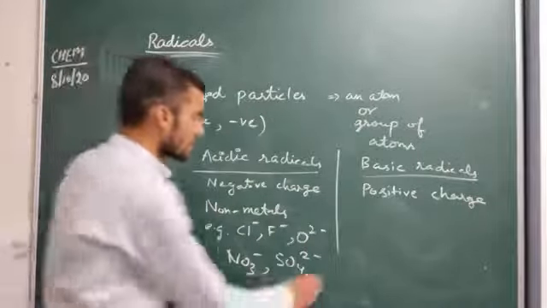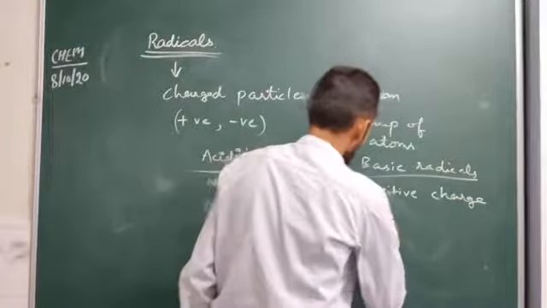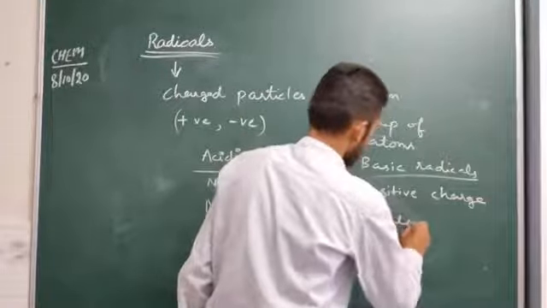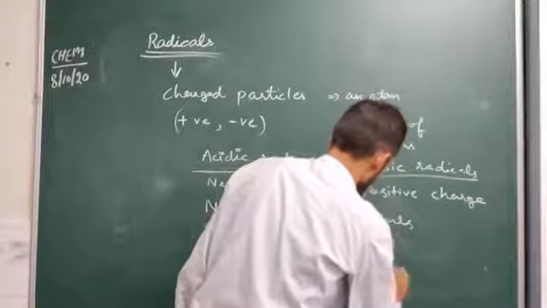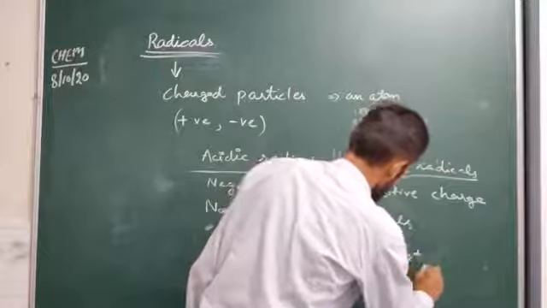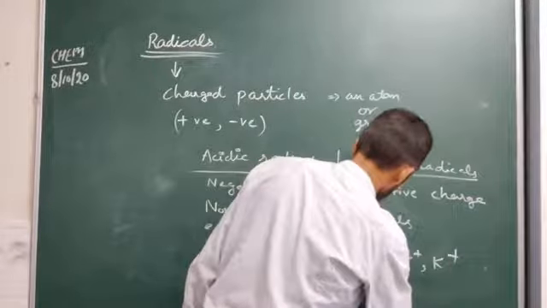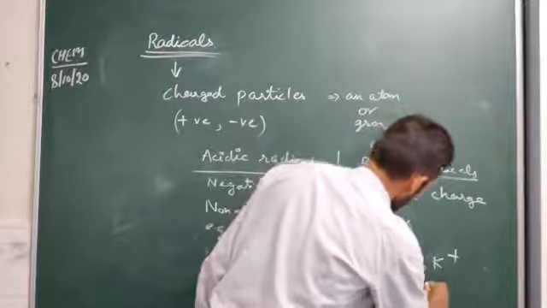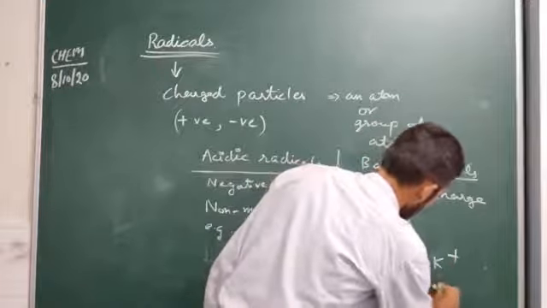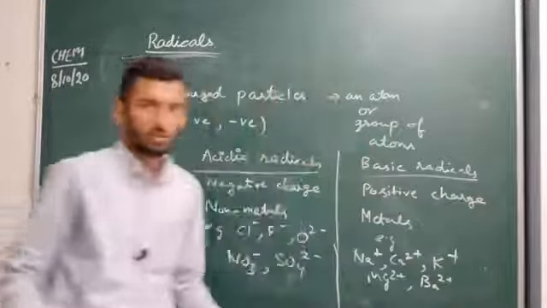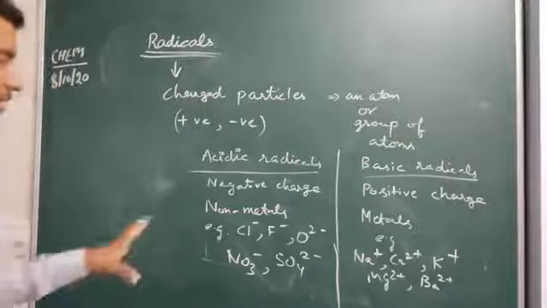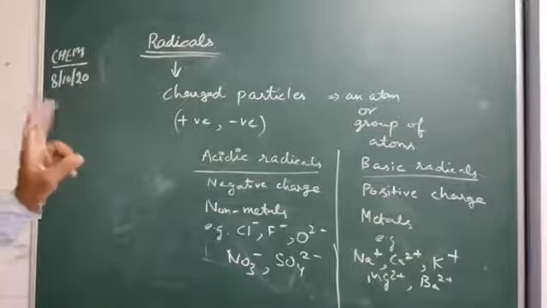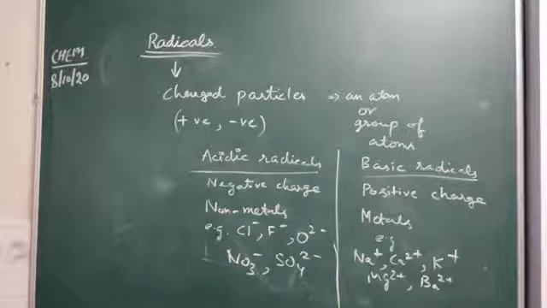While positive radicals are generally formed by metals like Na positive, Ca2 positive, K positive, Mg2 positive, then Ba2 positive. Many examples are there. Ag positive, Fe2 positive, Fe3 positive, Cu positive, Cu2 positive. So many examples are there, but the main point here is that radicals are an atom or a group of